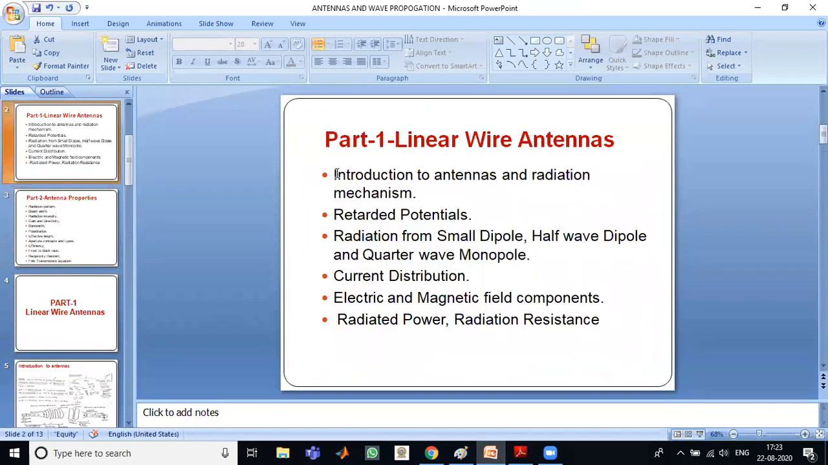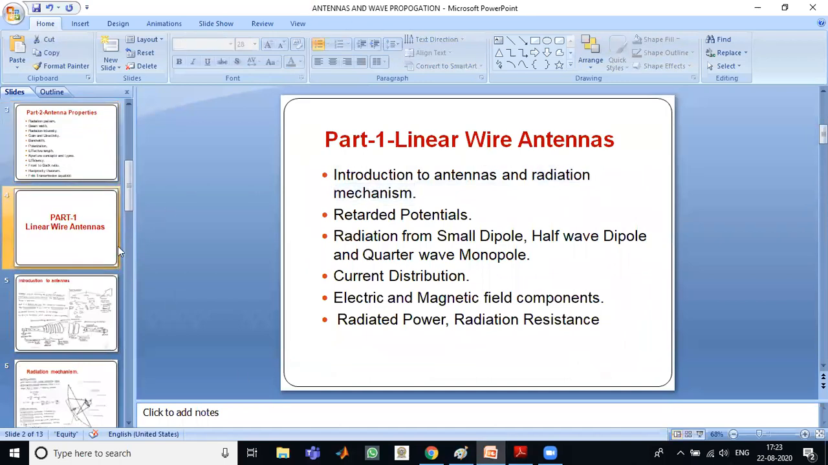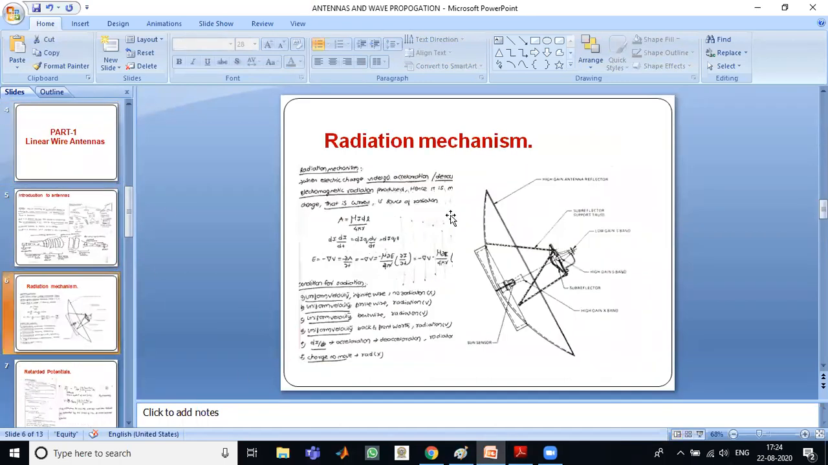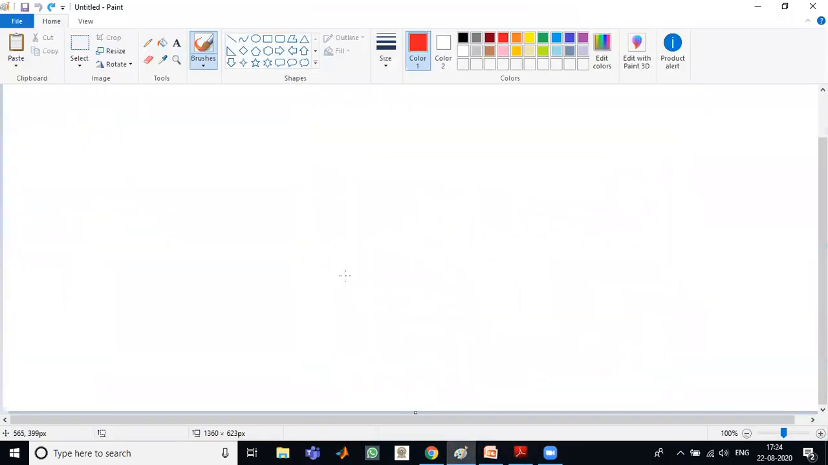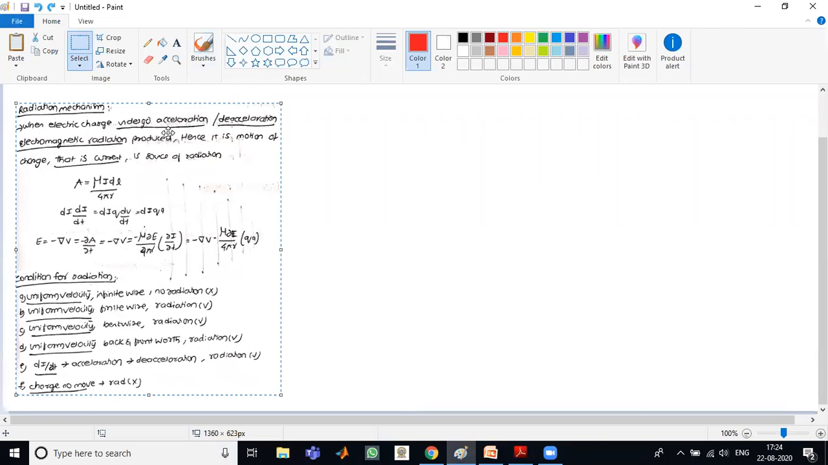In this first part, introduction to antenna, we have discussed. Next, we will discuss the radiation mechanism. What is radiation mechanism? For example,